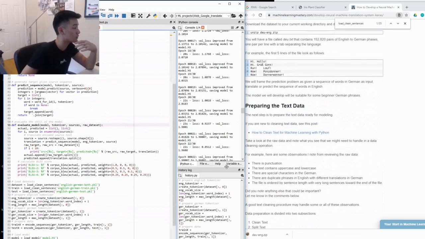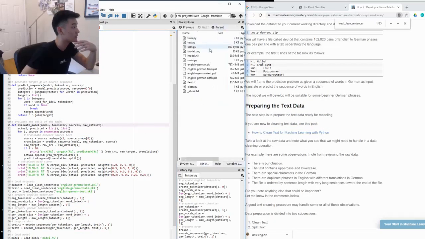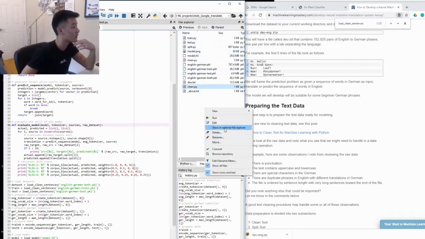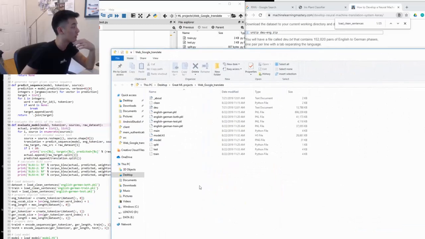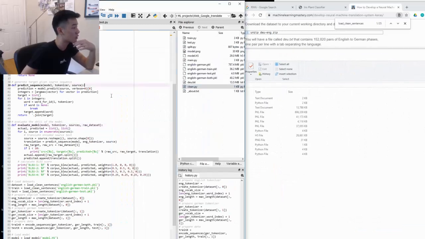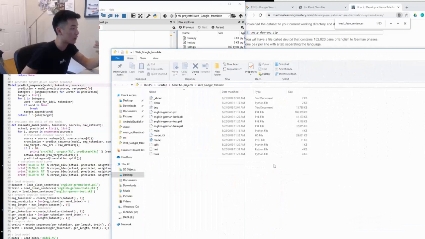First of all, actually, before that, let me just delete everything. By the way, this IDE I'm using right here is called Spyder. It comes along with Anaconda. You can download Spyder inside of Anaconda, and I really suggest using Anaconda for beginners because I think it's really easy to tune stuff like